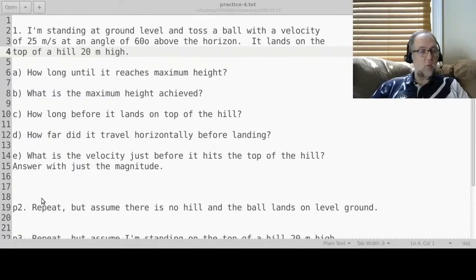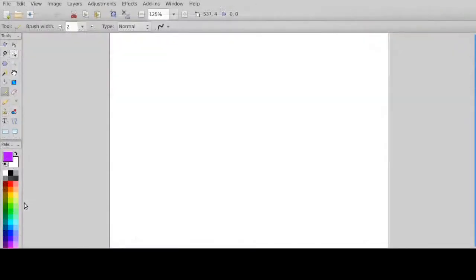Okay, so let me switch to a whiteboard. I'm going to start drawing the diagram. Okay, and I'll do the first step in black. So there's a ground level here like that, and then there's a hill, and the hill is 20 meters high. I won't draw that in, but later on we'll make use of the fact that that's 20 meters high like that. And the other thing you would see is this is a picture, but it's almost like a